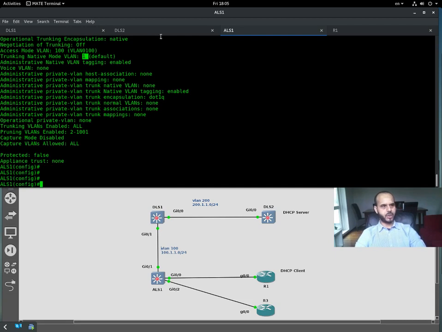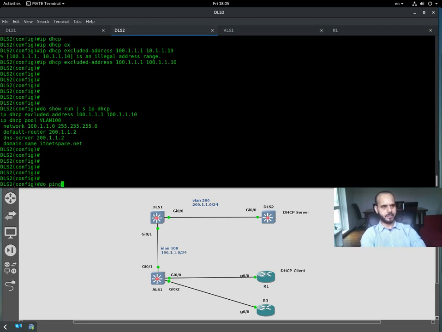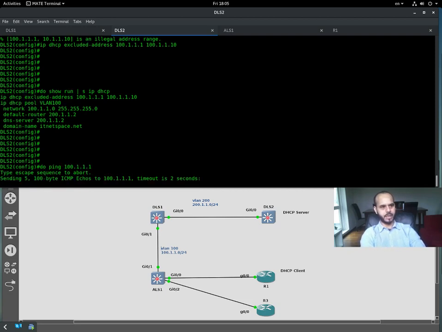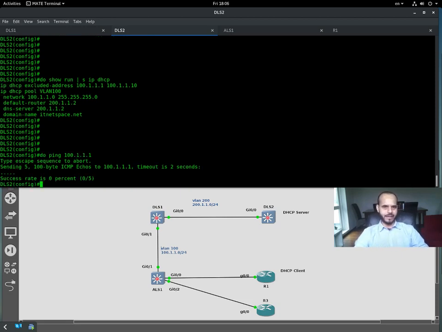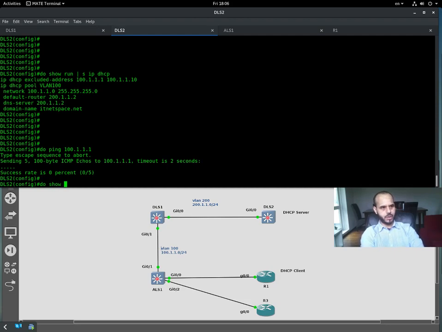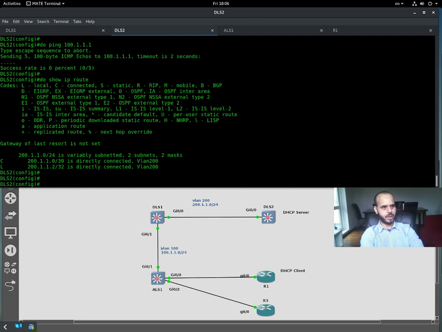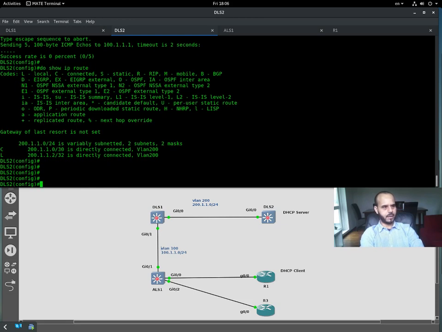Now I need to make sure on the DHCP server we can actually ping the VLAN 100. I can't reach the VLAN 100, so I need to go with a static route to teach the DHCP server to learn how to reach the 100 subnet or VLAN 100. So do show IP route to make sure we don't have any 100 subnets. As you can see, we are just directly connected to VLAN 200,